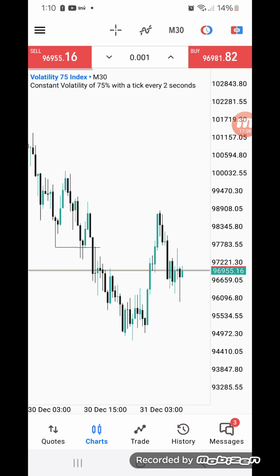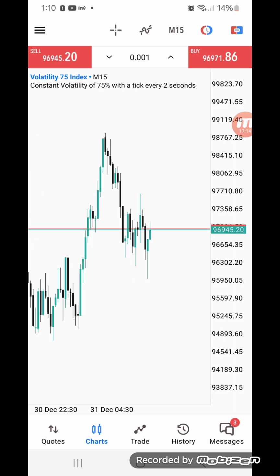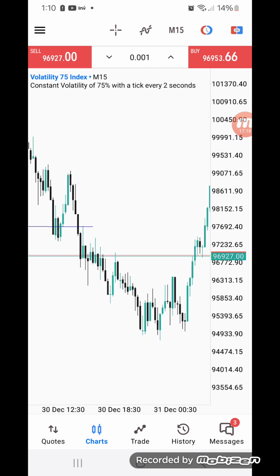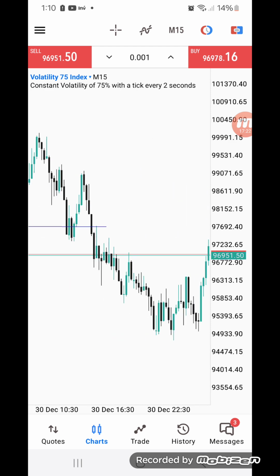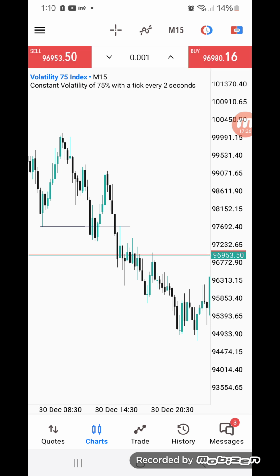Now I think we can zoom in on the lower time frame, the 15-minute, so that we see a little bit of market structure, how the market is behaving, and how we are able to catch that move. Now after getting this break of structure,